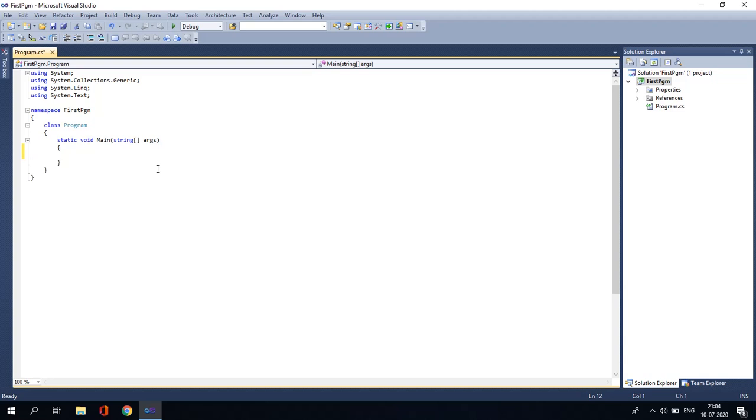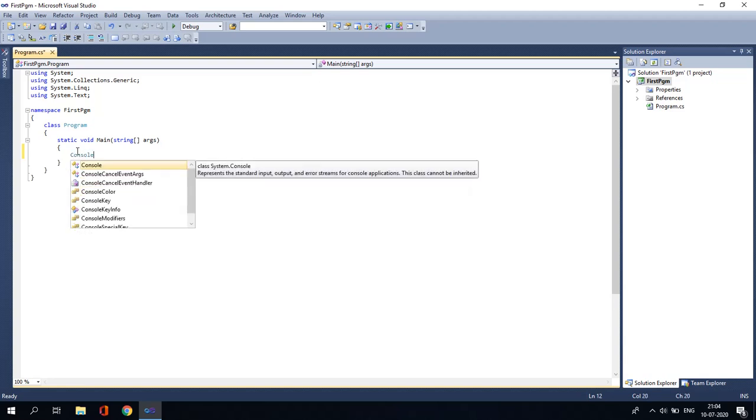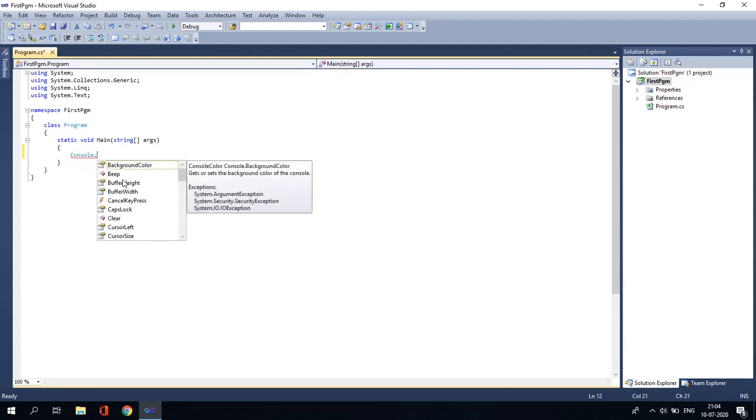So for that I will be writing this statement, console. Now after writing con, this gives me an IntelliSense property which .NET has, and after pressing dot, it also gives me the list of options available to write after the dot.